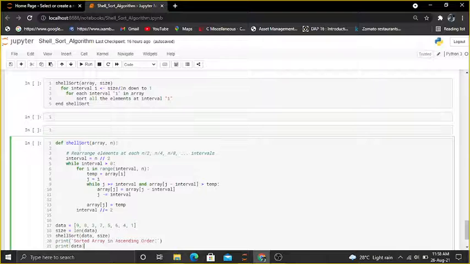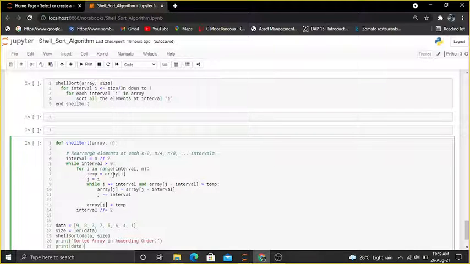We have defined shell sort, where the array and size of the array we have taken here, and we are going to arrange all the elements with the help of an interval. So the first interval will be n by 2, and after performing the while loop we are going to sort our array step by step with the help of intervals n by 2, n by 4, and n by 8 here.